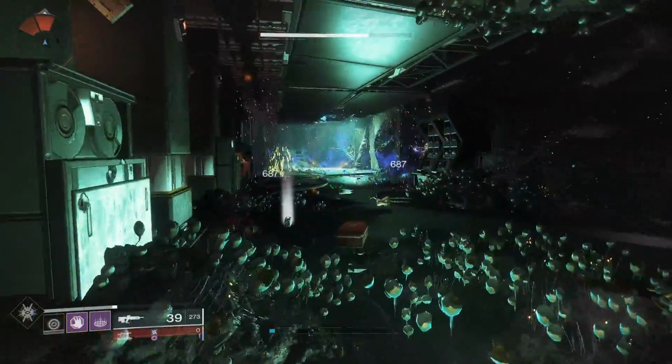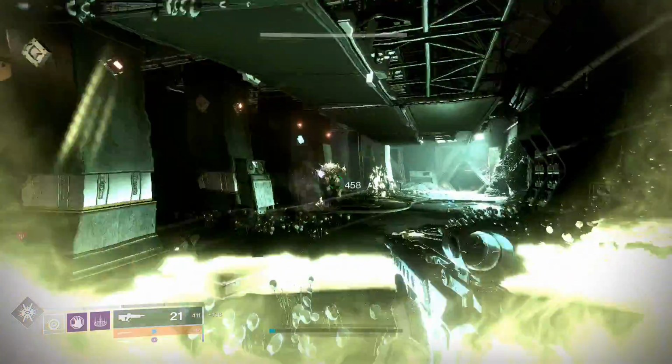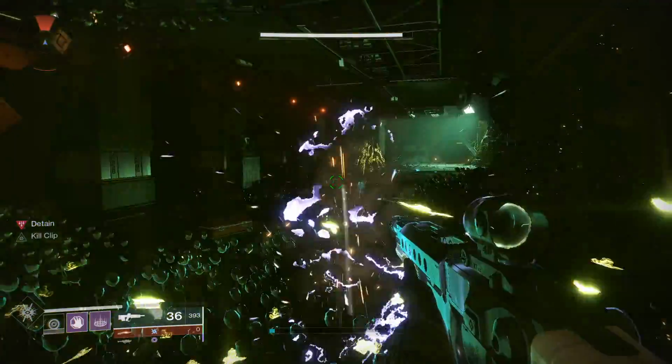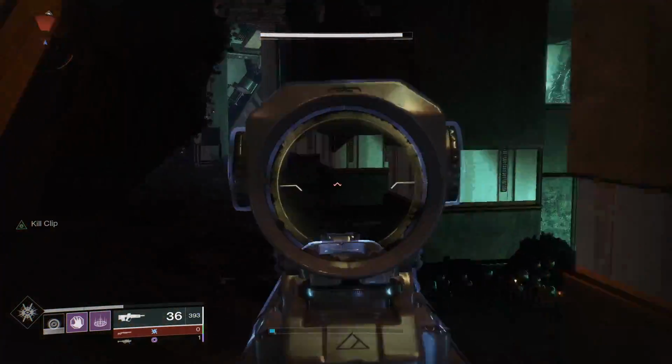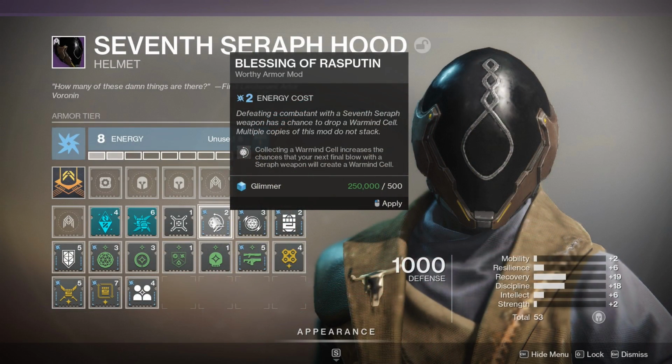As per usual, just like in the last video, we're going to go in order. We're going to start from Arc, Void, and then finish off in Solar. For the Arc mods, there are 3 in total. The first Arc mod available right now is Blessing of Rasputin. Its effect is that collecting a Warmind Cell increases the chance of your next final blow with a